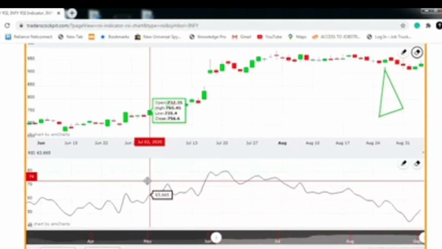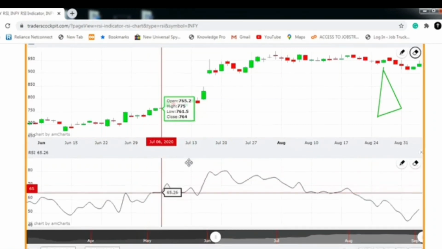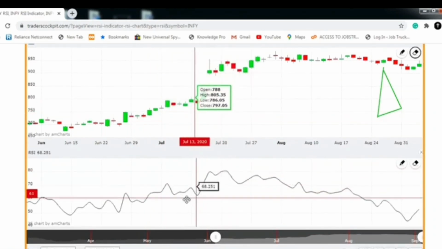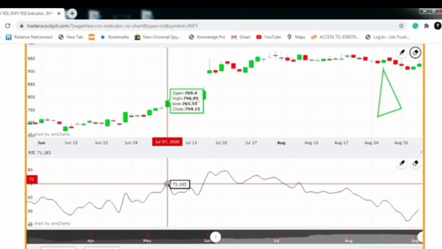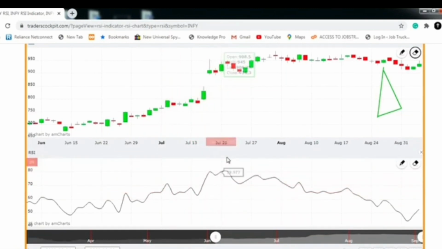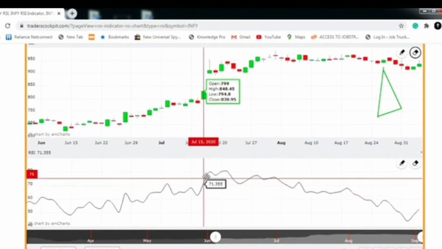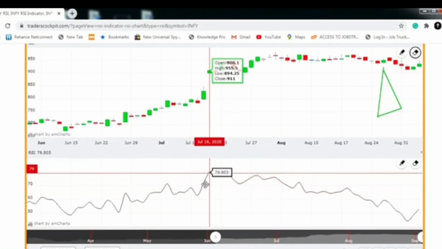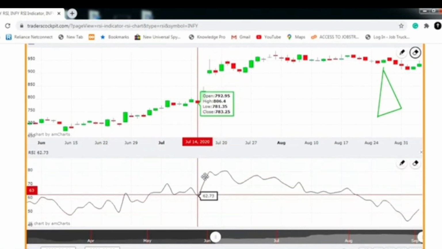Suppose you think of an oversold stock, what will happen? Selling will continue because a lot of negative news is coming, so people will keep on selling it. Sometimes the RSI indicator can be even 20 or 10. Very low values can come. Okay, so there will be a drastic change in that. We cannot understand the correct path of the stock with only that factor. So I'll just tell you a trick to understand this.